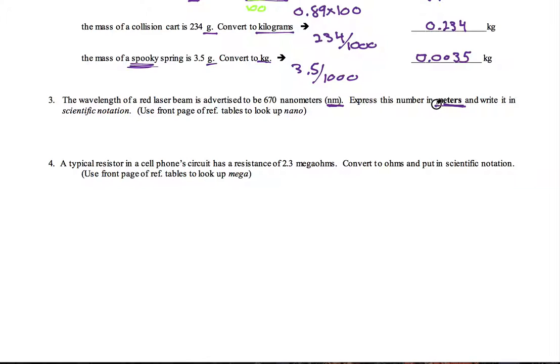And we want to go to a much, much bigger unit. And we're probably going to want to do it in scientific notation. In fact, we're being told to put this in scientific notation. Because if I convert from something really, really tiny to something much, much bigger, I'm going to end up with like